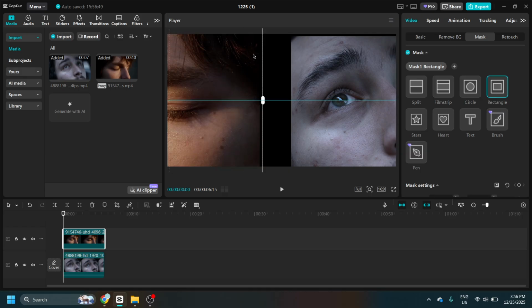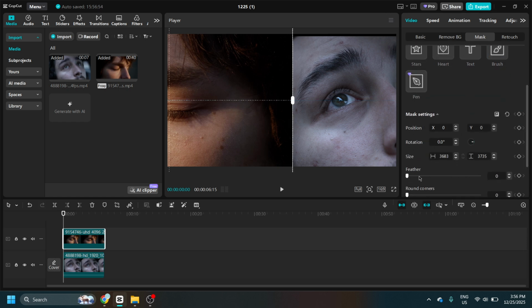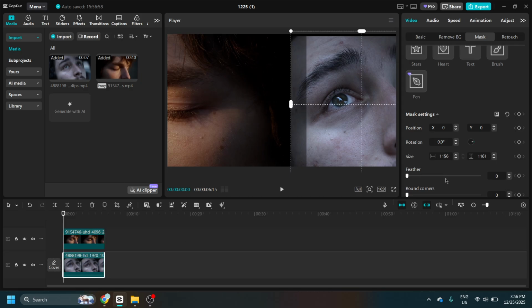Finally, adjust the feather. Feathering softens the seam between the two clips, blending them so the split isn't harsh. Increase the feather just enough to remove any visible line without blurring key details near the edge. Preview your video as you tweak the feather amount and reposition the mask if needed to keep both clips clear